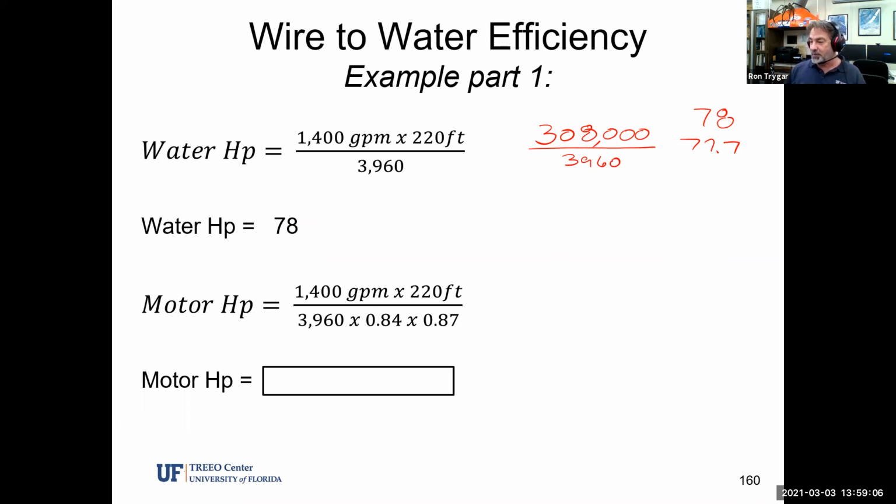So what about the motor horsepower? Notice that the numerator is the same on this, so we can use the 308,000, and then we're going to divide by the factor of 3960 times 0.84 times 0.87. Those are the pump efficiencies and the motor efficiencies written as a decimal. So let's go ahead and do that. So 3960 times 0.84 times 0.87. And for the denominator, I got